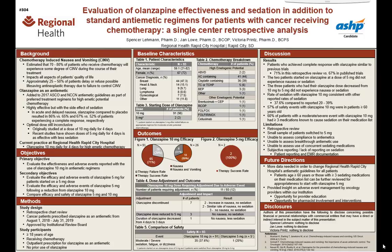Getting into the outcomes, Figure 1 shows the primary objective of olanzapine 10 milligrams efficacy. Of the 93 patients that we were able to find for this MUE, 91 of them were started on a dose of 10 milligrams. In the most left pie chart, we can see the therapy success rate of 71% with